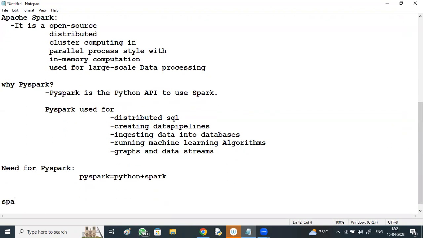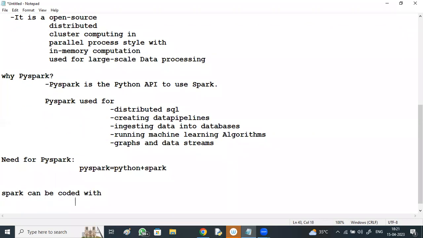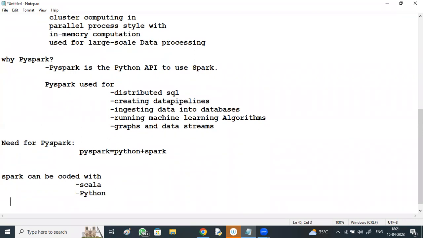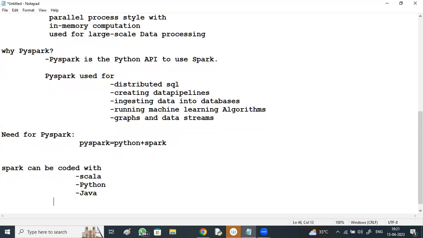Spark can be implemented, or coded, with the Scala language, the Python language, the Java language, and also using the R language.